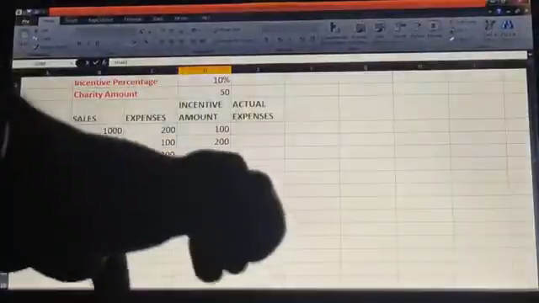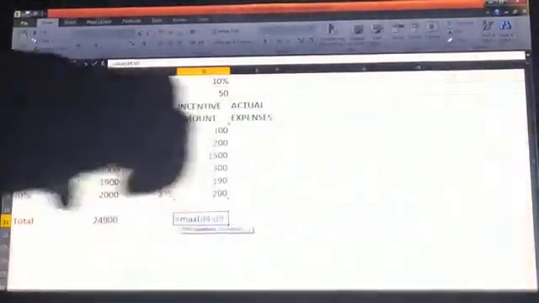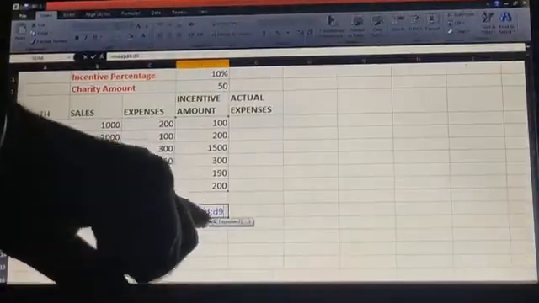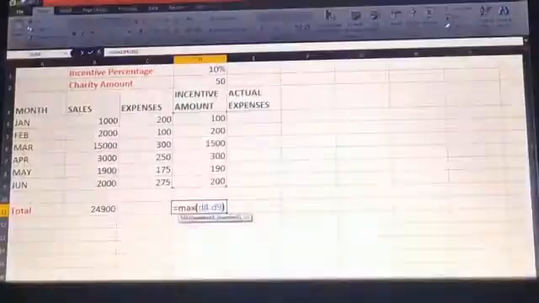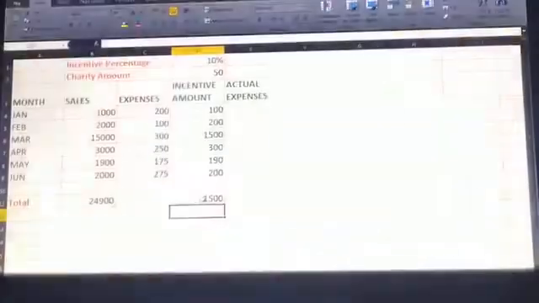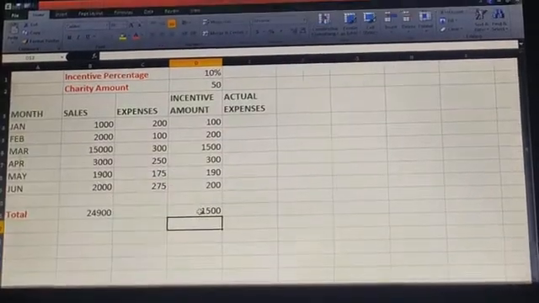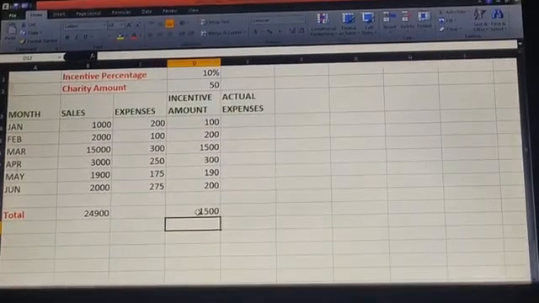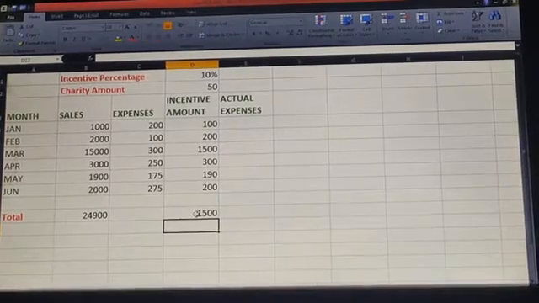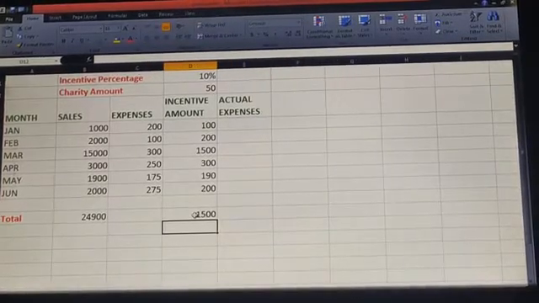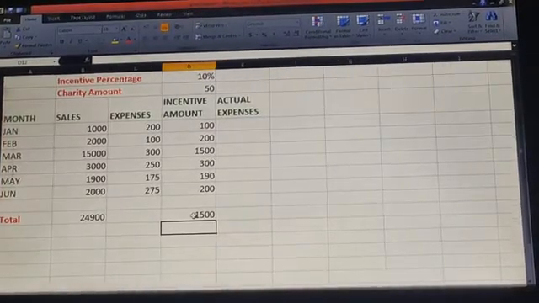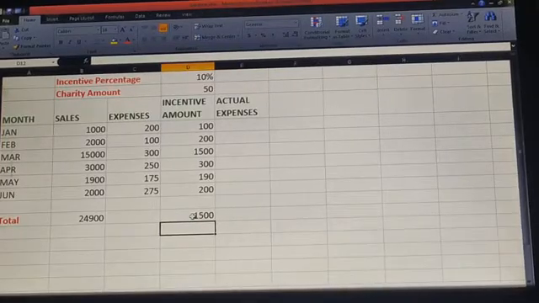After typing this, all the cells will be selected. Now close the parenthesis and press the enter key. So this is the largest value. 1500 is the largest value in the incentive amount. Similarly, you can use the MIN function for displaying the smallest number of incentive amount also.